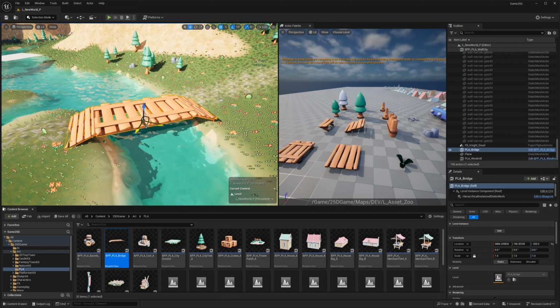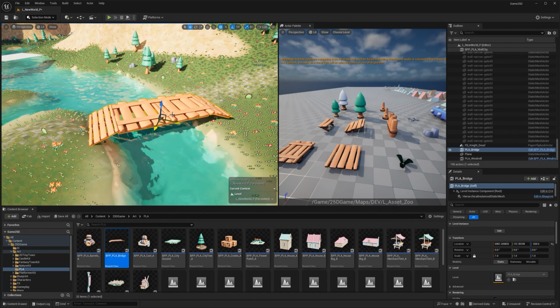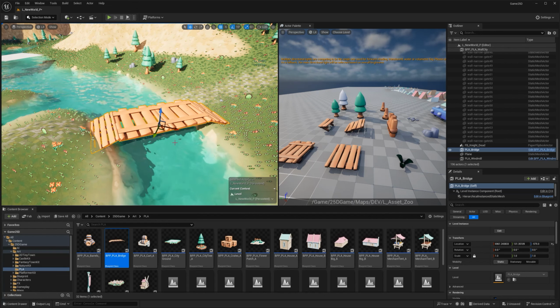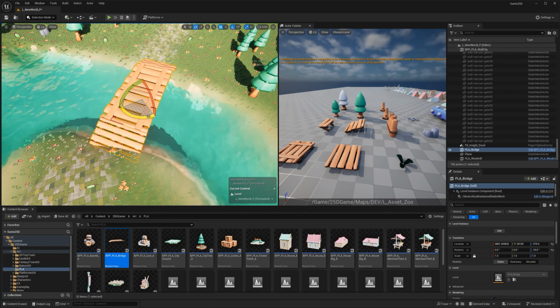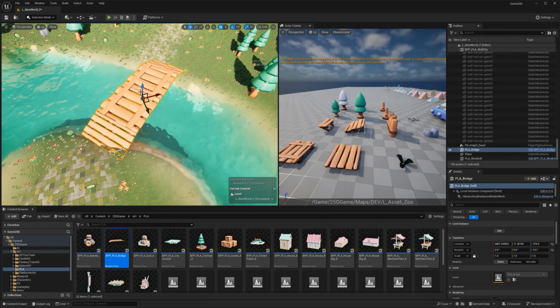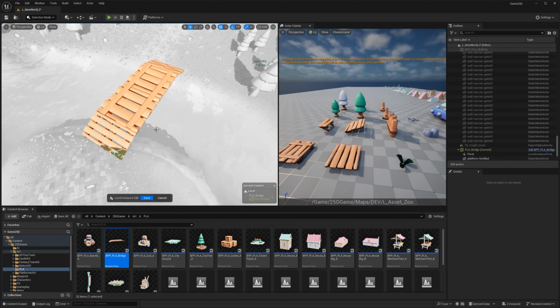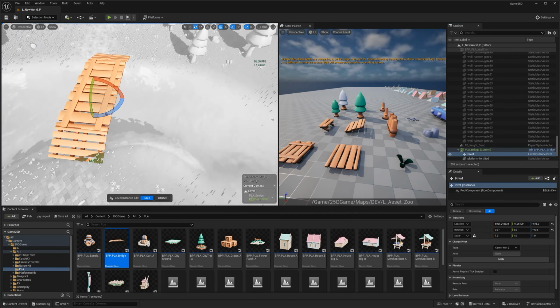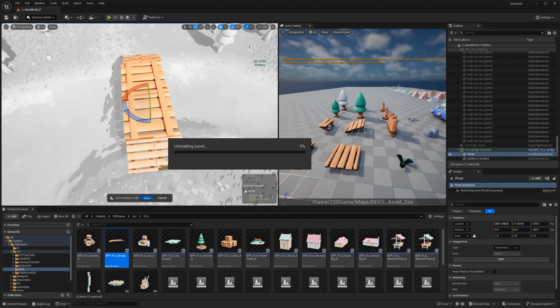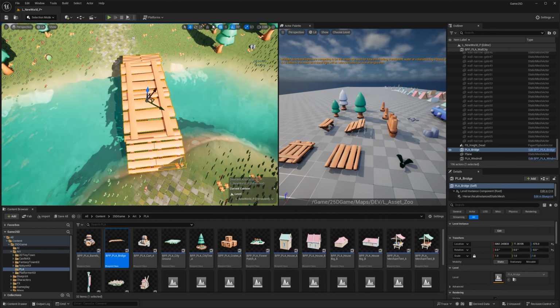And just like that, if I move a little bit here, the axis got a little bit messed up. So let's say like here, the problem right now I have is the axis. So if I go to edit, I can go to the pivot here and rotate the pivot to align to the direction of the bridge. And if I save it, it should have updated.